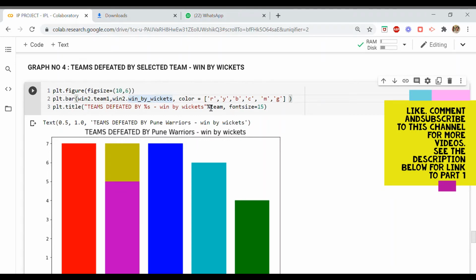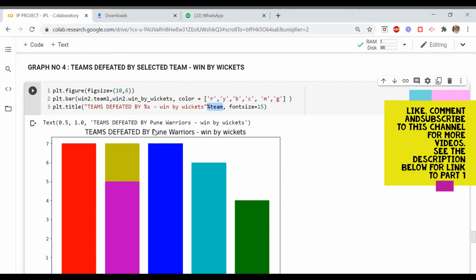And then the color code is being given here. This color code is red, yellow, blue, cyan, magenta and green, and if the number of columns is more than the number of color codes given here, then the color codes are automatically repeated. And then a simple message for my title. You can see teams defeated by percentage s. This is replaced by the percentage team.